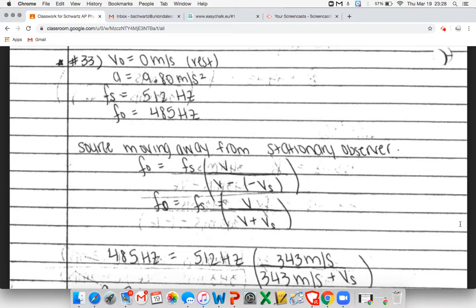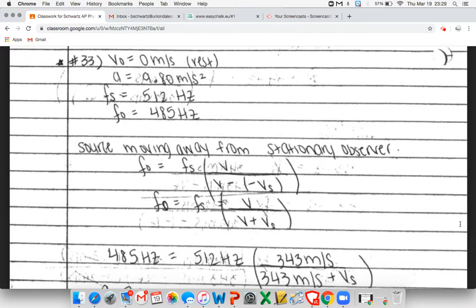Chapter 14, number 33. A tuning fork vibrating at 512 Hz falls from rest and accelerates at 9.8 meters per second squared. How far below the point of release is the tuning fork when waves of frequency 485 Hz reach the release point? Okay, so for number 33, they tell you that it starts from rest, so your initial velocity is 0